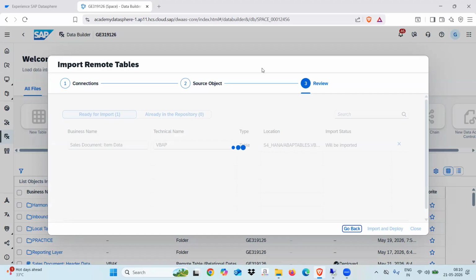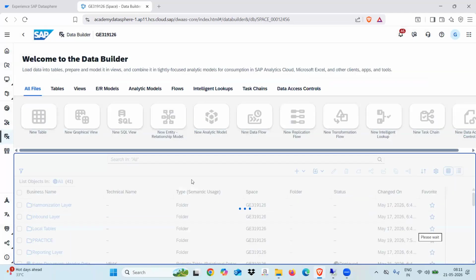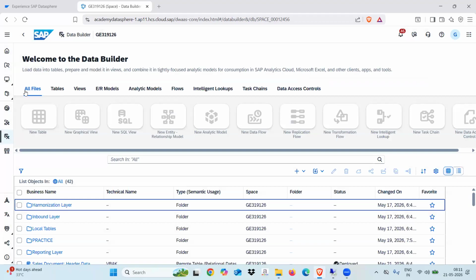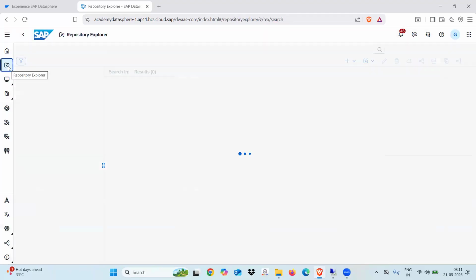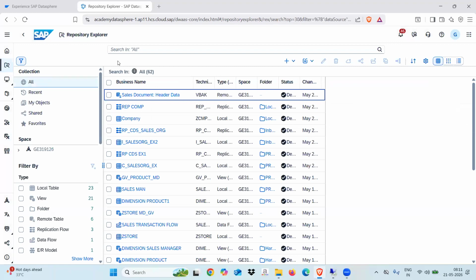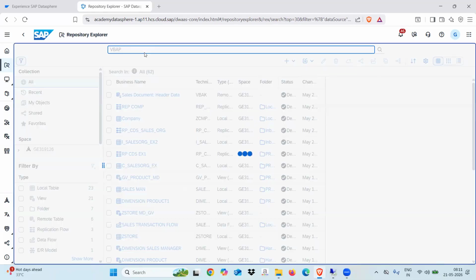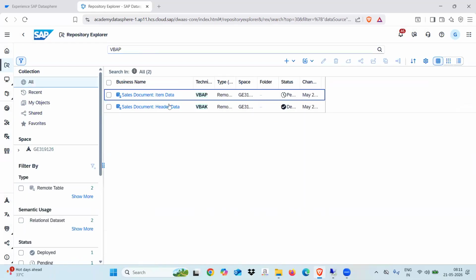No need to load the data. If you are creating one sales order, you immediately see import successful. Now, where is the table? VBAP, right? Yeah. See now,